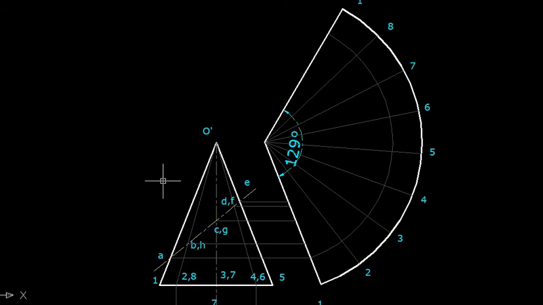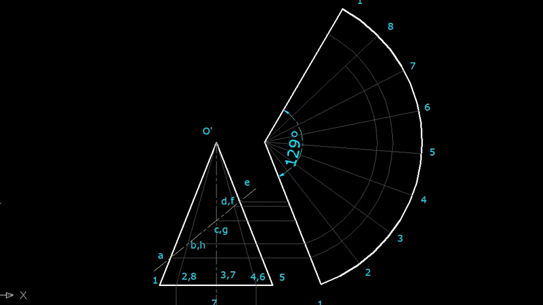So this point is point number A. Similarly, this point is also point number A. A is coming 2 times. Why? We have already talked about that. Then let us mark the point B. To mark the point B, I am taking the arc like this. From this point the arc is starting, and it should end here. So this point will be the point number B, and it will be there on 8 also. That is why this point will be point number H.